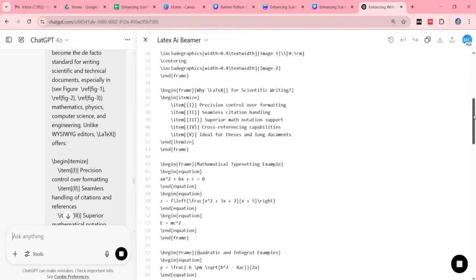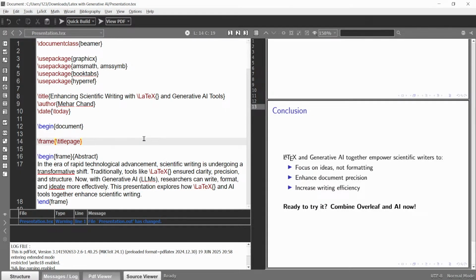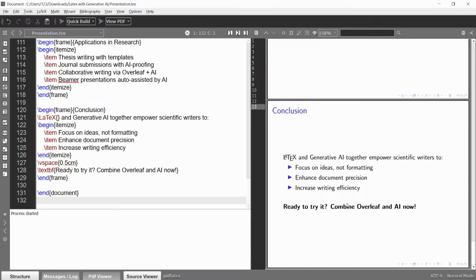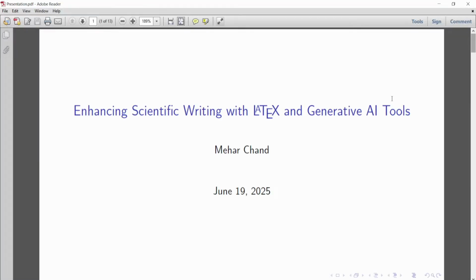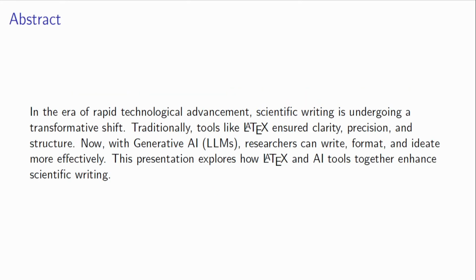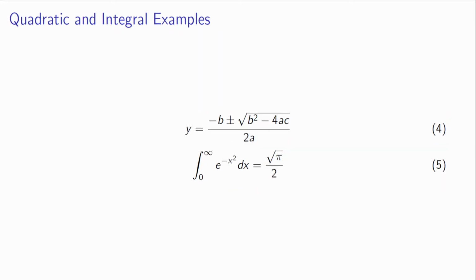Now you can again copy from this place, use here and paste here. Build the file again. Yes, and see here, now this is Control L. When you use Control L, it will be in full size. So you can see the difference between the previous and this file. This is covering the entire page.